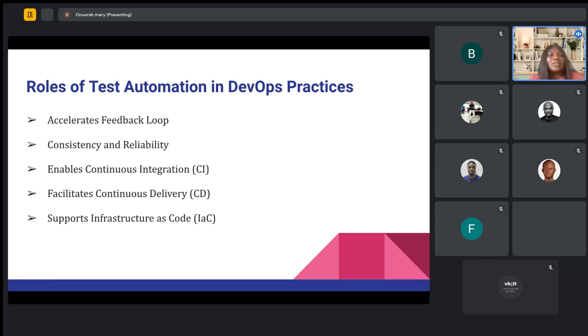Then the next thing is test automation enables continuous integration. Now, what do I mean by continuous integration? Continuous integration involves developers being able to merge working copies of their code to a central repository, probably the company's repository where their code base is situated, right?